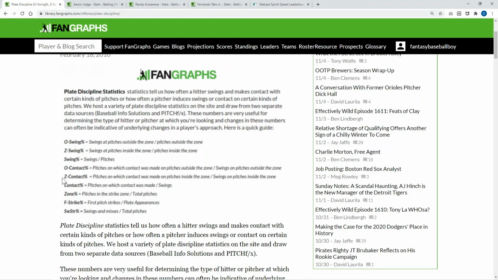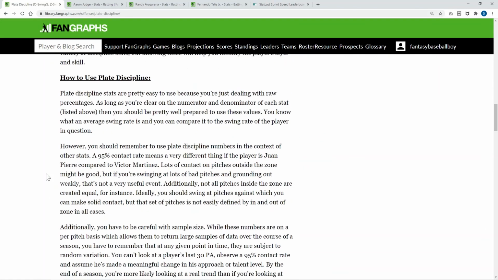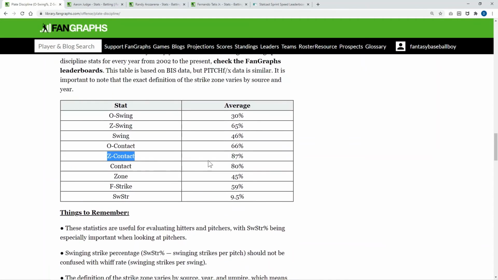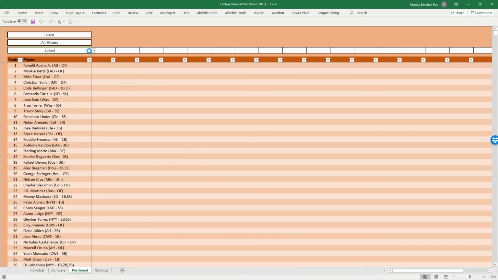I tend to favor that because what that indicates to me is that the pitch is in the zone and you like it enough to swing, and are you making contact, right? So I use that a lot. Like when you get a pitch to hit, are you hitting it? For me, that's very important. And the zone contact rate, 87% is considered very, very good. Now, if we look at last year's stats,